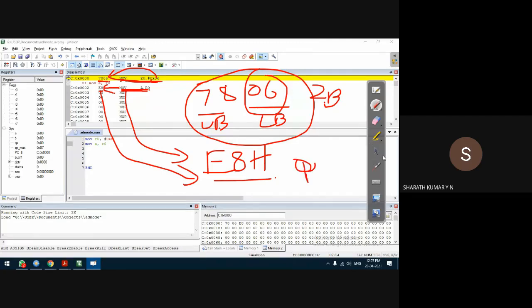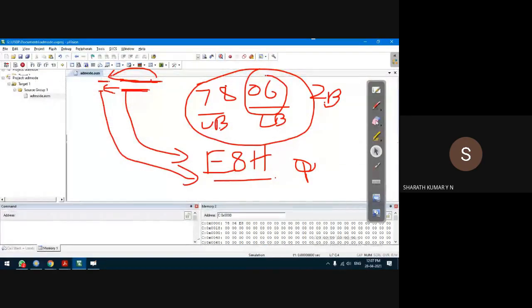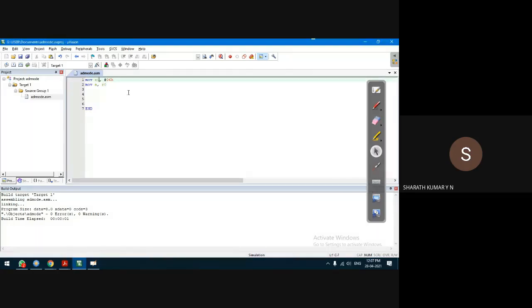Out of curiosity, let us say debug stop. I'll show you everything. Now it is E8H. Let us change R0 to R1 and see what happens.